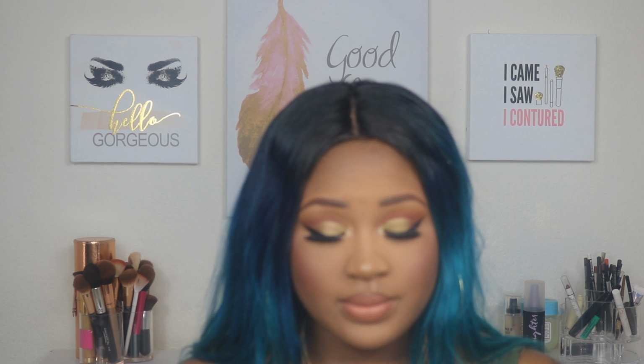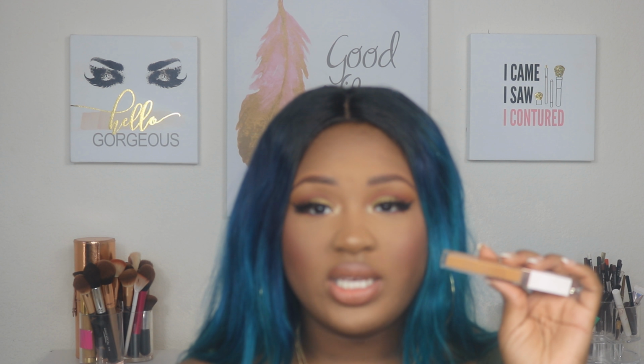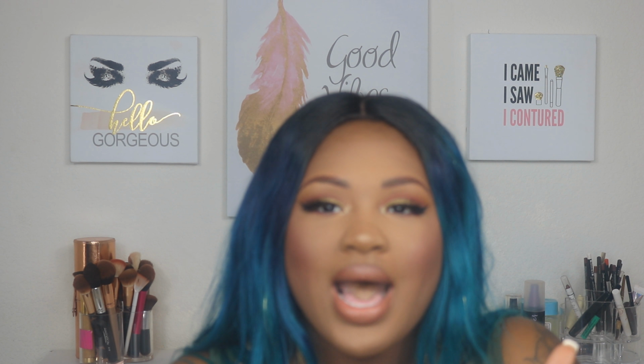It's really, really good. So the last one is the Flower Beauty concealer, and I have this in Deep, and this concealer is so good. Oh my goodness, like when you put this on your face, it's so smooth and creamy, and then you blend it out and it literally blends out so easily. Oh my goodness, this is so freaking good. I think this is the deepest shade though, so that's T. Just letting y'all know that. So if you're chocolatier,